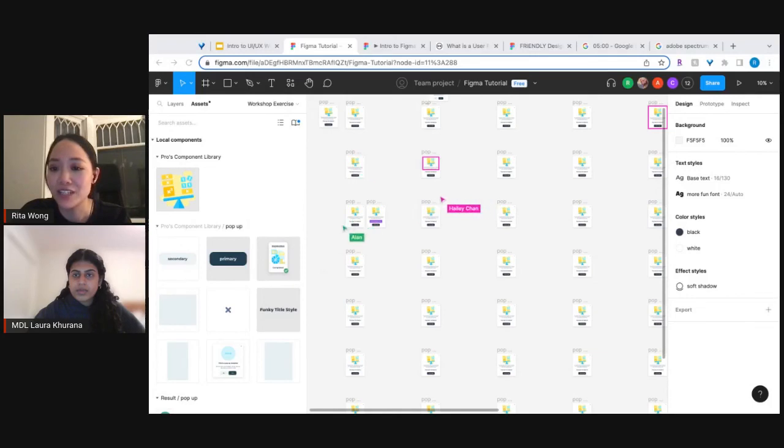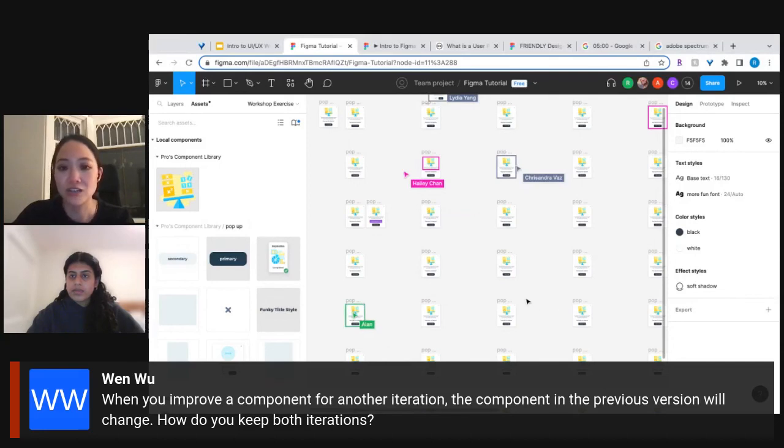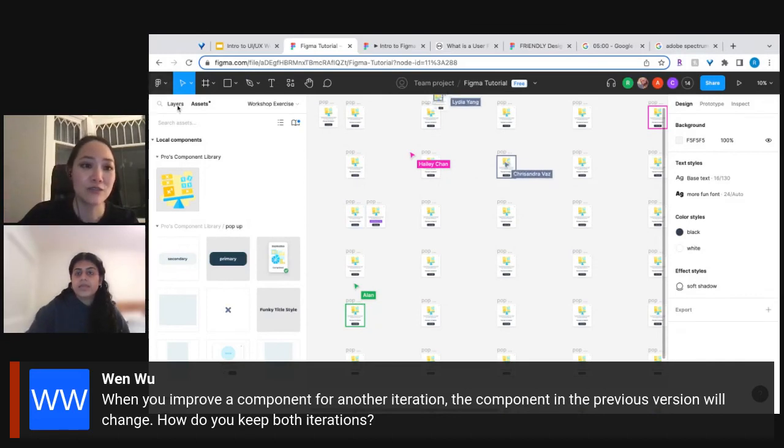Wen had a good question. When you improve a component for another iteration, the component in the previous version will change. How do you keep both iterations? So it really depends on your situation, but what I do is, if I know for sure, so for example, when I had,